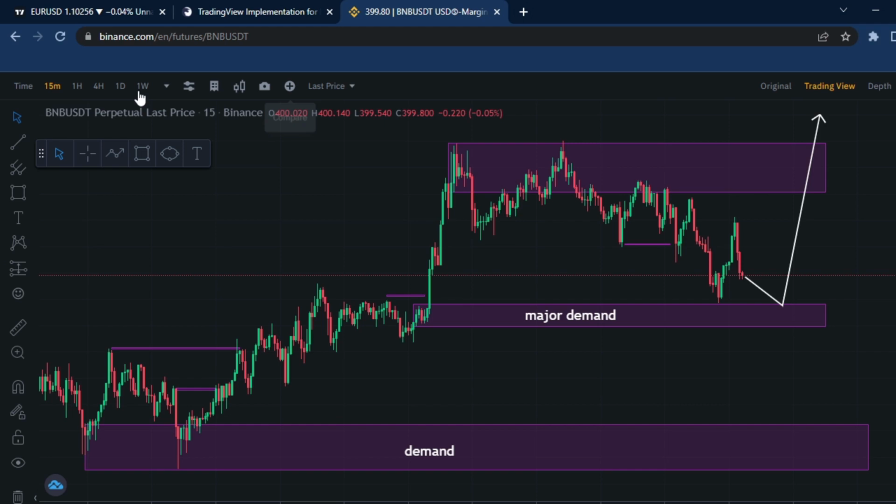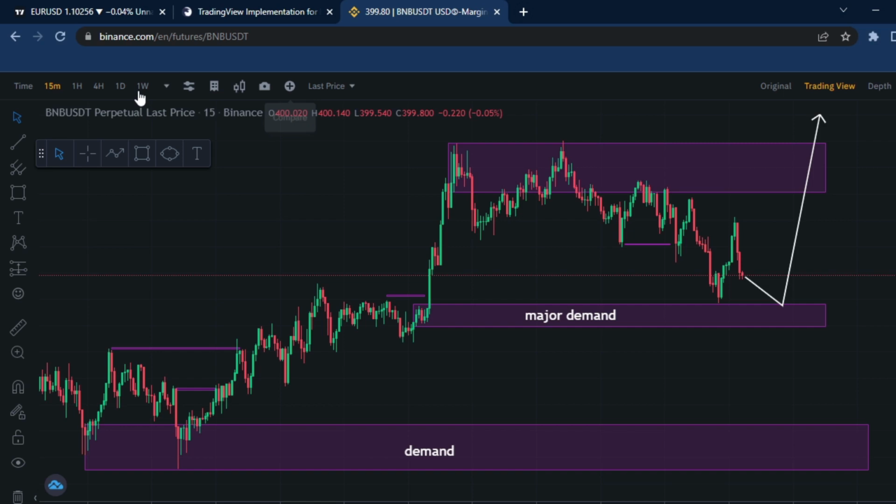Where is it? Let me add this one. So this region, the price may not reach this demand region, but then it comes to this place here, because this one here, you get. So my prediction is